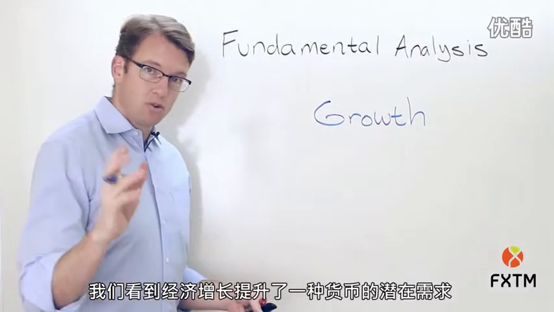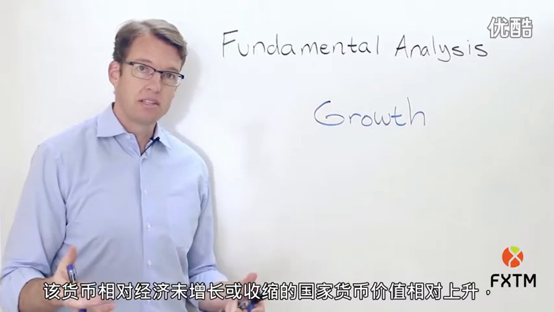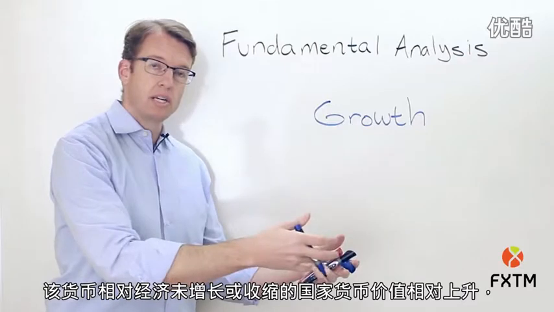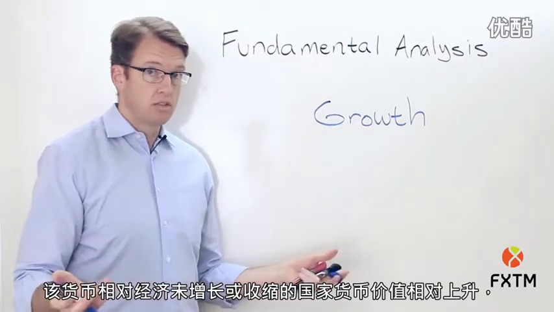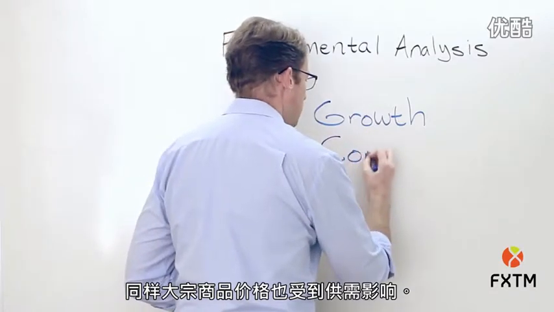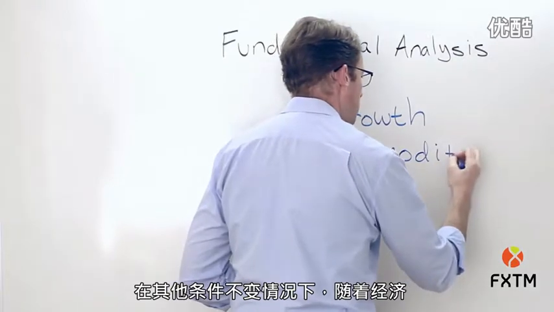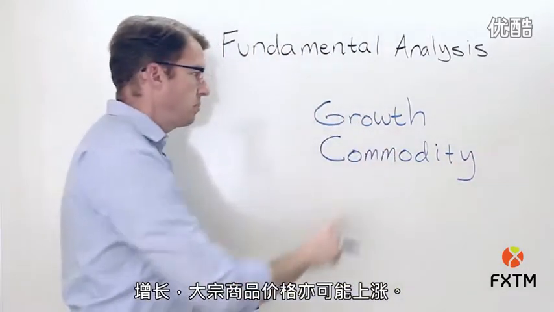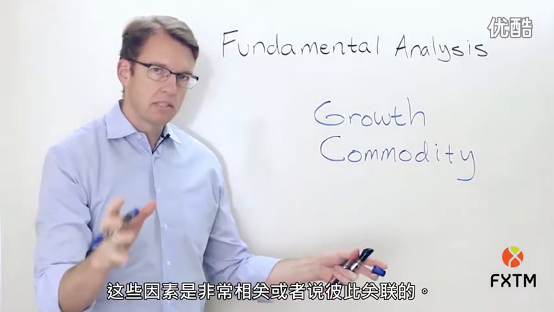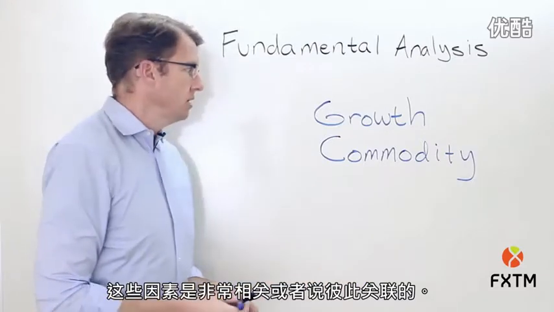So we see that as growth, increasing the potential demand for a currency and therefore increasing its value relative to a currency that is connected to an economy that is not growing or even contracting potentially. And on a related note, we get commodity prices as well. Now, of course, commodity prices, if all else is equal, we would assume are probably going up with economic growth. So these are oftentimes something we would think of as being very connected or happening in tandem